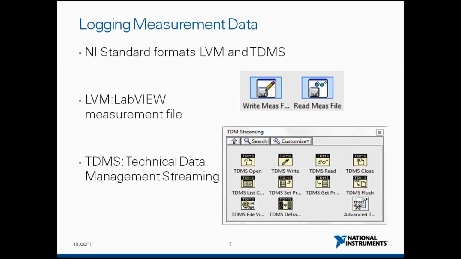For example, if I have a thermocouple data logging system, I might need to know what kind of thermocouple I am using, what is the unit that I am measuring the temperature in, and other types of properties for this particular measurement. So from NI, we have two standard formats for this particular purpose, which are the LVM format and